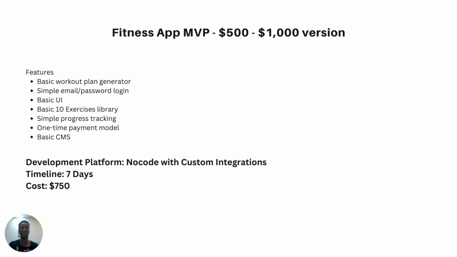So this is what I always recommend as much as possible to my clients: try getting a version of your idea that can be built within 7 days and for a maximum of $1,000. Right? If it's exceeding that, then you probably need to cut your specifications to the essential features that your app needs, that your customer needs. And this is referring to your early adopters. So